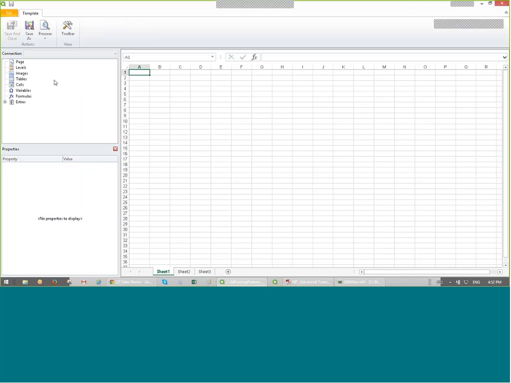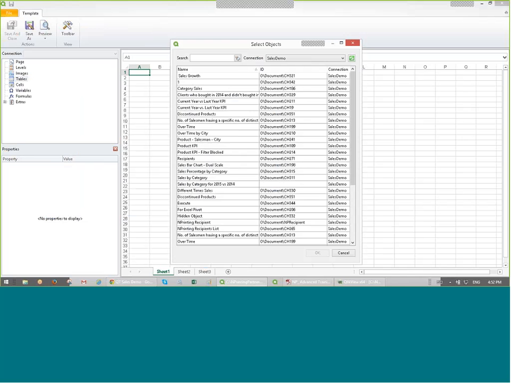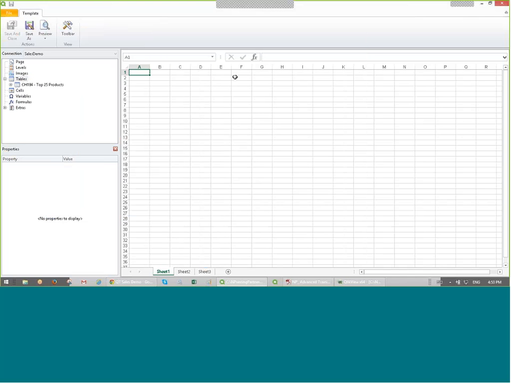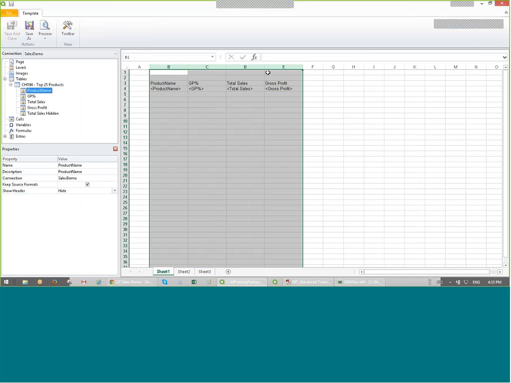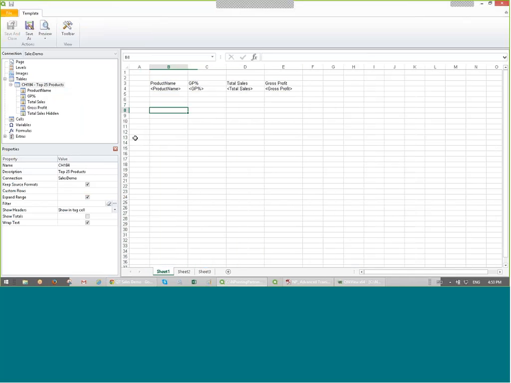And let's go ahead and do tables. And let's do 184. Okay, tables, and we'll drag in some fields. Now, what is top ranks? It basically allows you to do like a top 5, top 10. We know that chart 184 contains the top 25 objects, but we don't want to do the first 25 rows. So what we want to do is use custom rows, type 1 to 5, remove expand the range,